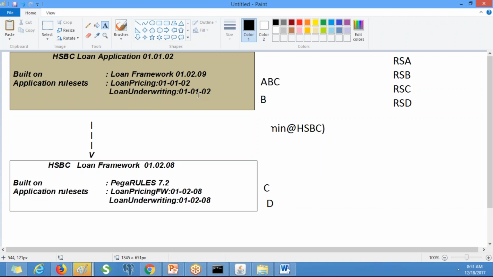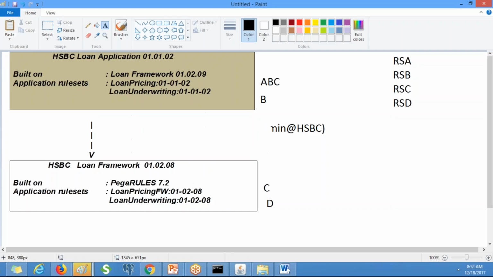Okay. Now you tell me, loan underwriting. So loan underwriting also can reference the loan pricing framework only, because it is there in the same.